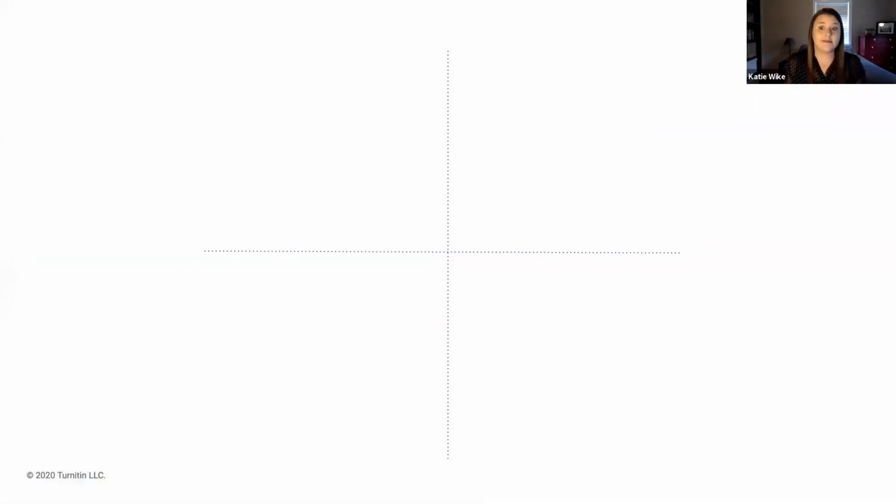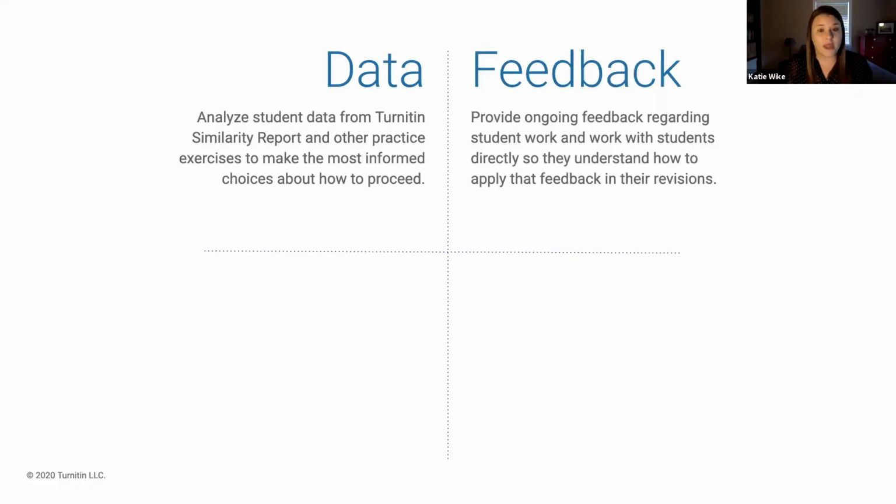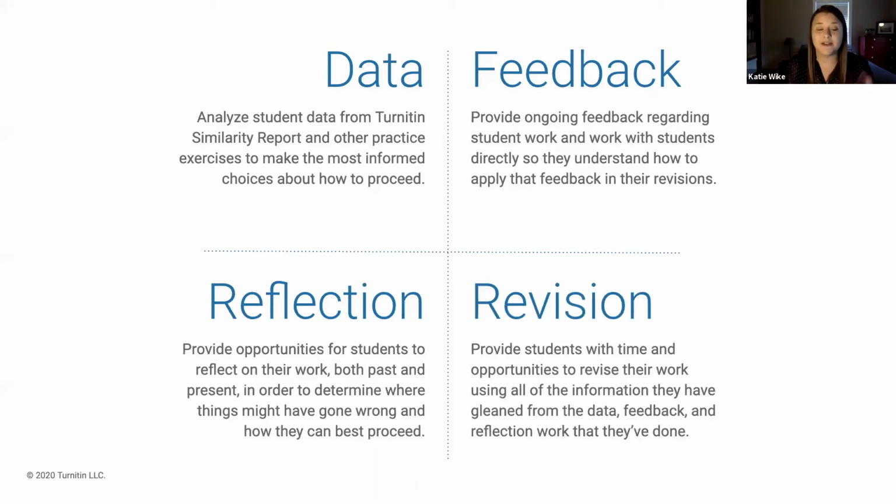So is there a way to make that work, that hard work, more accessible though? This can most effectively happen when we spend focused time on student drafting and having important discussions about the work that our students are doing while they are doing it. So when we pair this more monitored work time with data, with ongoing feedback, with student reflection, and the time to revise based on those things, we're going to see drastic impacts in what our students are able to create